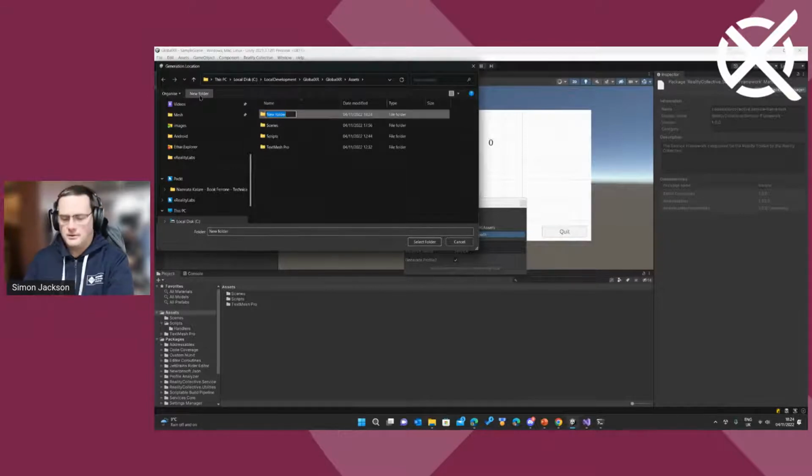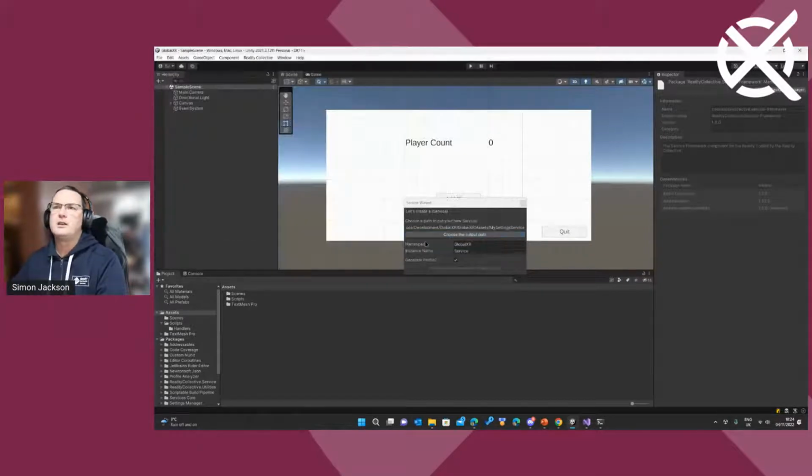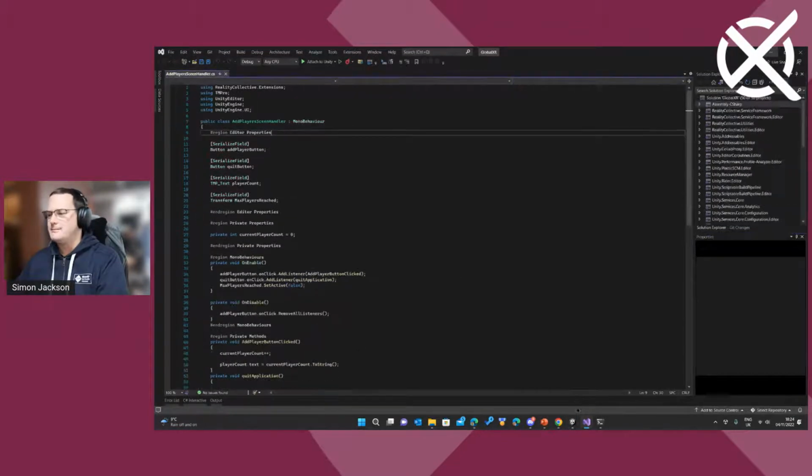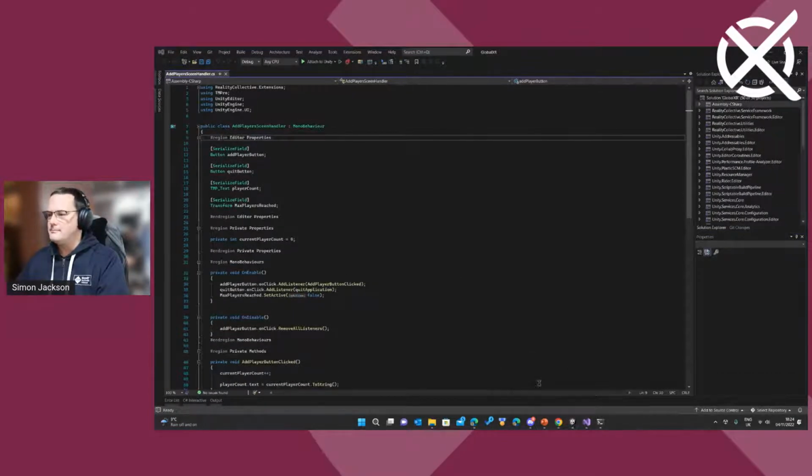I'm going to create a new folder called my settings service. Go into there, and I'm going to call it my. You can be a lot more inventive about what you call your services, of course. It's completely up to you. So we go and create our service, and what that's going to do is generate